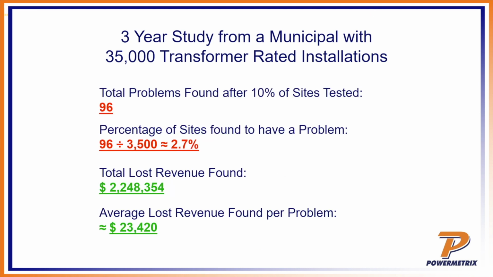So during this 3-year study, the total problems found after only 10% of the sites tested were 96 problems. So 96 divided by 3,500, which is 10% of the 35,000 meters, came out to 2.7%. The total lost revenue found, $2.2 million. So the average lost revenue found per problem, just an average,